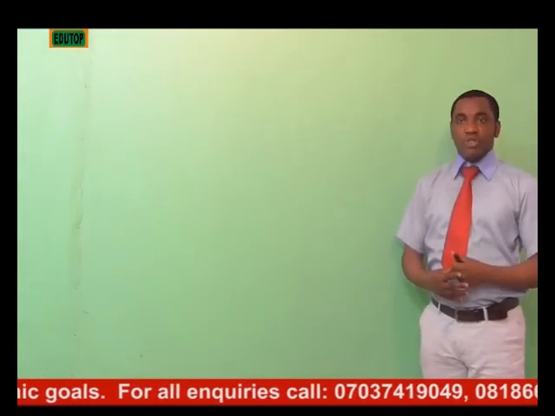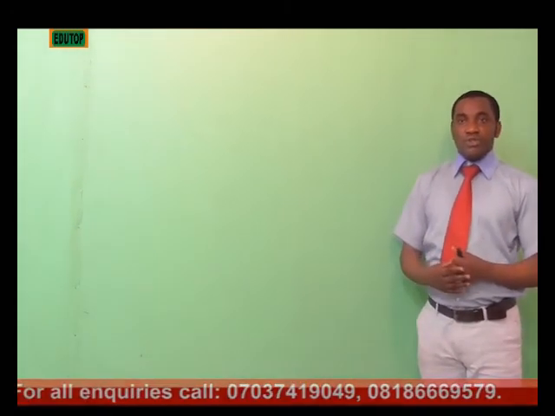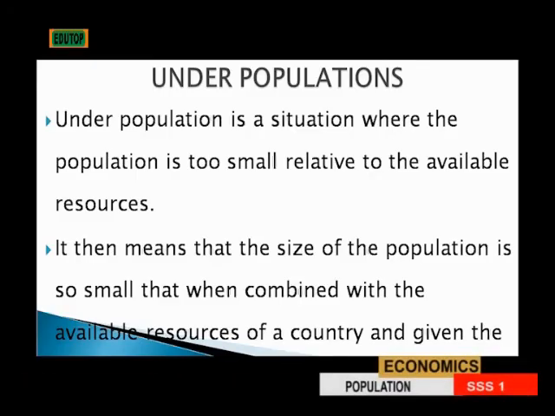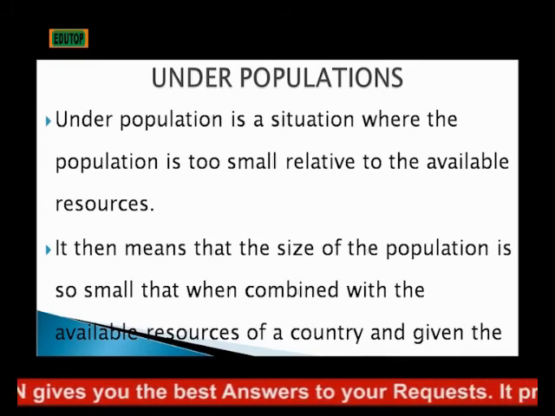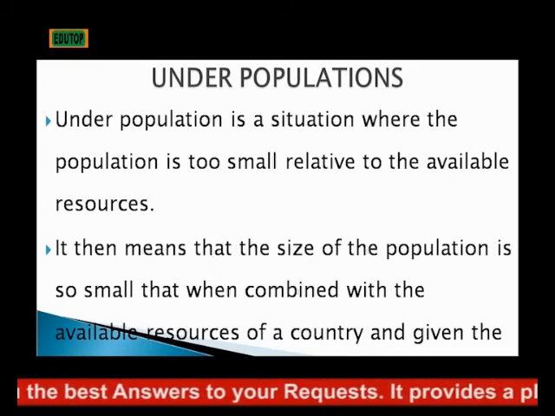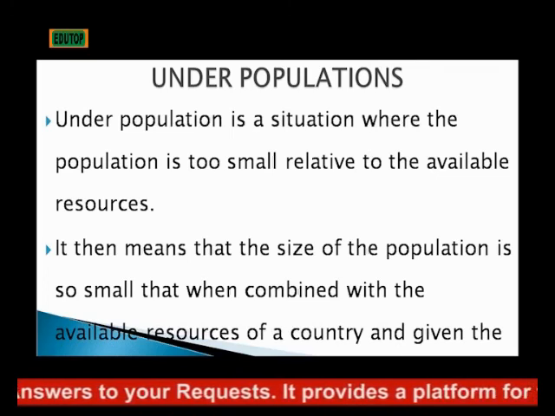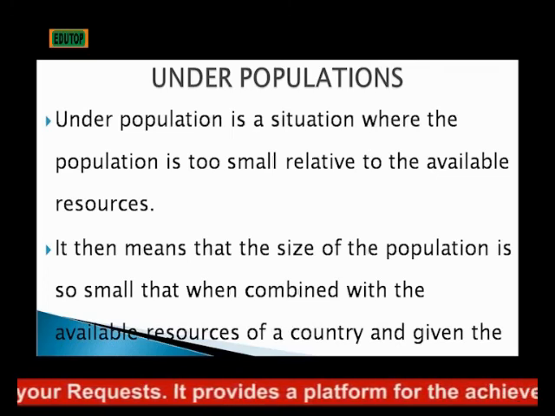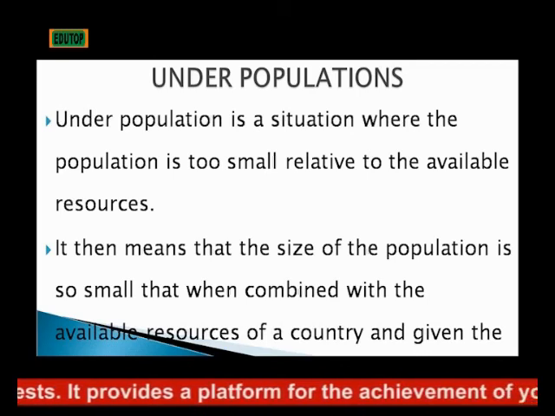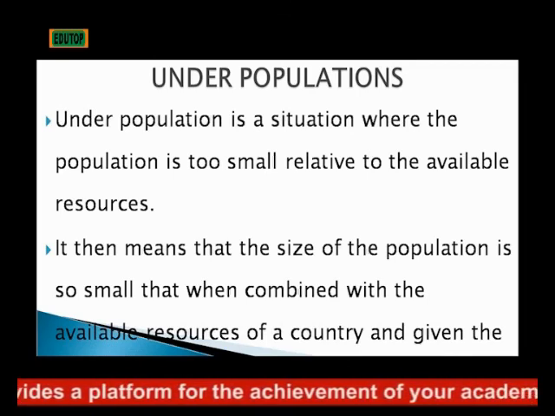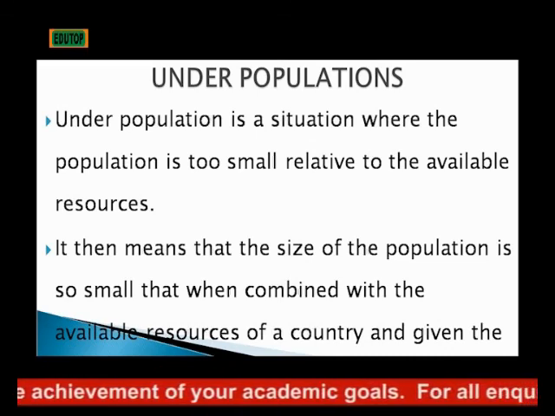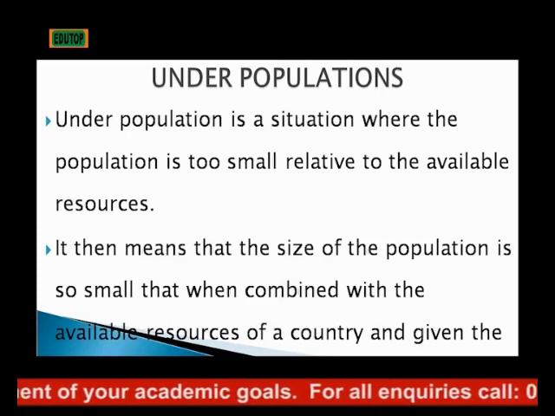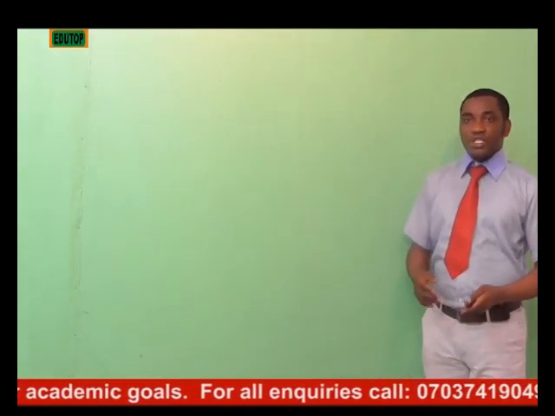Now, underpopulation. We just looked at overpopulation. What is underpopulation? Underpopulation is a situation where the population is too small relative to the available resources, where there is a very small number of people living in a society or in a region or in a particular place, and there are more than enough resources in such an environment. It means that the size of the population is so small compared to the available resources in such a geographical location or region. In such case, we tend to